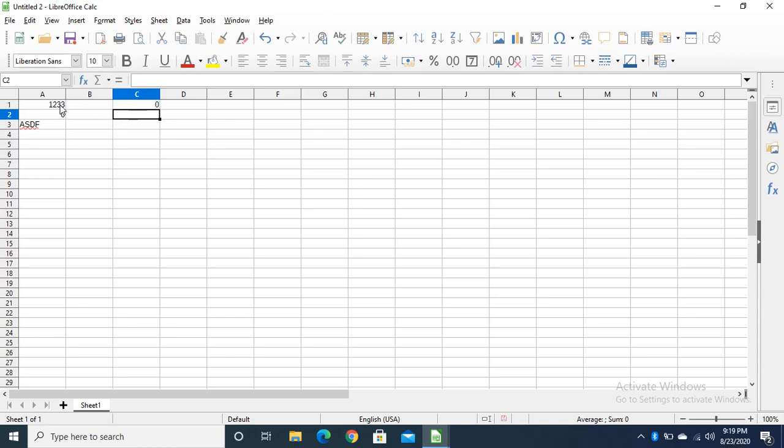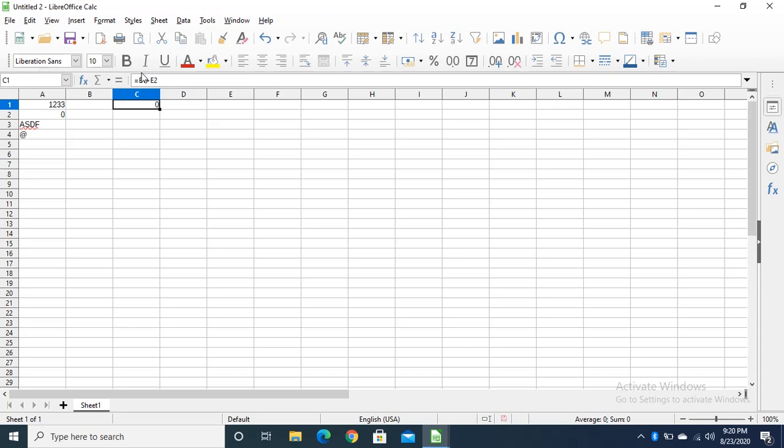Okay, now you can see here numbers are by default right aligned. You can see this, right? Characters, when we initially write characters, let me show you. Suppose I put @ and press enter, it is left aligned, by default left aligned. Text is also by default left aligned, right? Then is formula, which always starts with the equal to sign. You can see equal to is present before E1 plus E2. The formula always starts with the equal to sign.